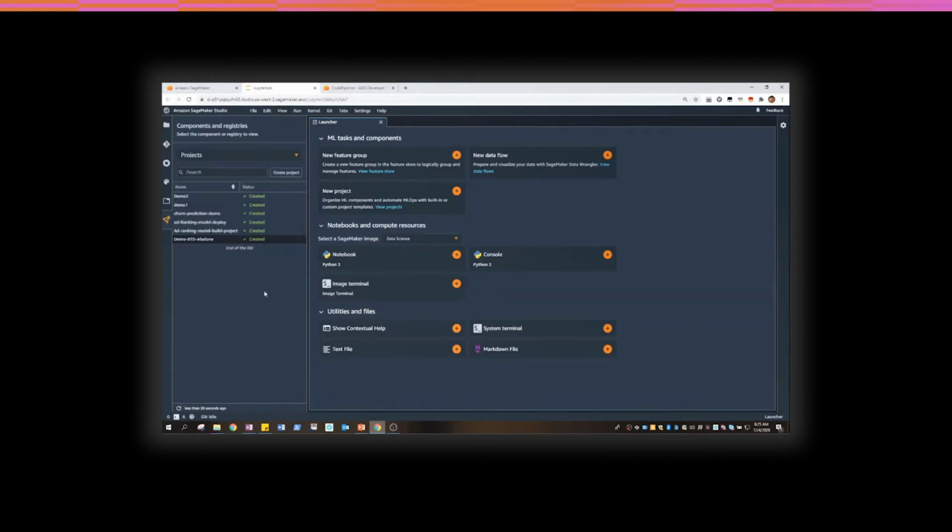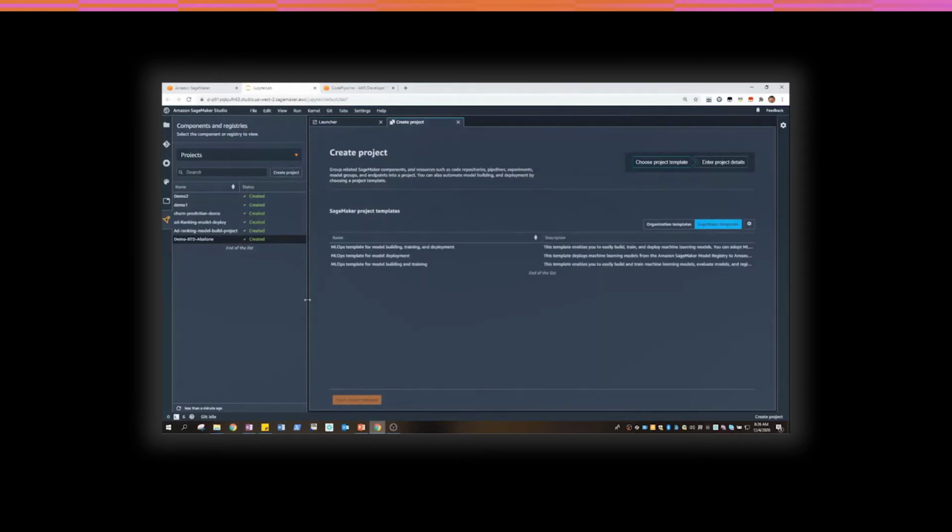Now that my Studio administrator has enabled projects for me, let's go to SageMaker Studio, which is our IDE for machine learning. Here we go to the navigation and we see the new SageMaker capabilities. To get started with SageMaker pipelines and have built-in support for CI/CD for your machine learning workflows, we start by creating a project. A project is a grouping of SageMaker resources and activities centered around a machine learning problem. For example, if you're working on an ad ranking problem or a churn prediction problem, you may create a project